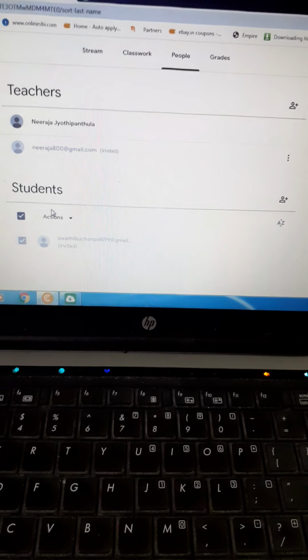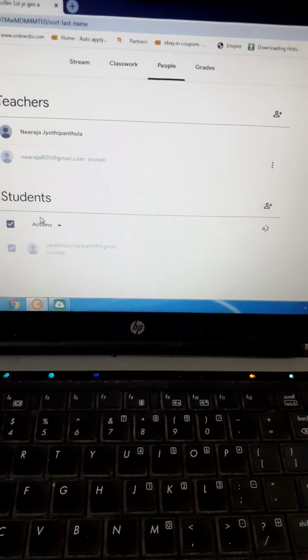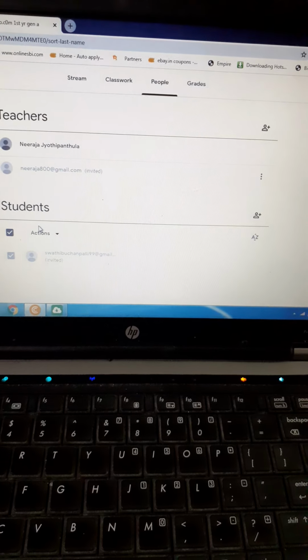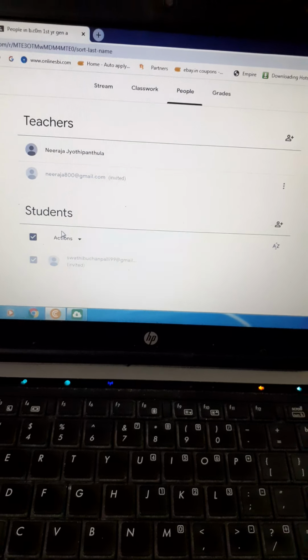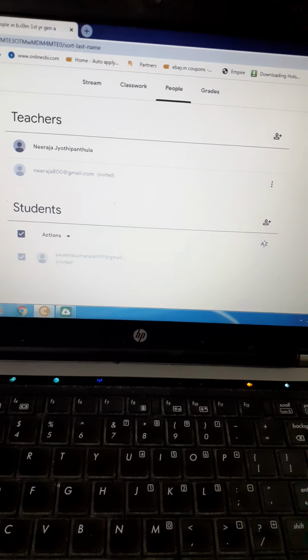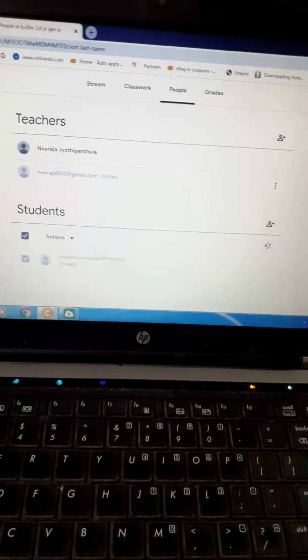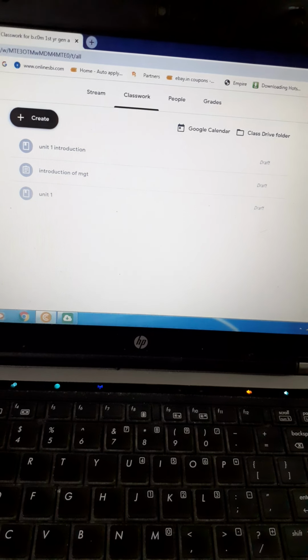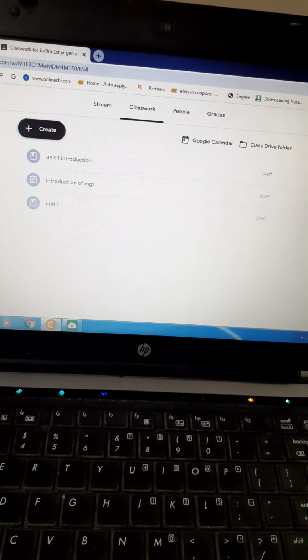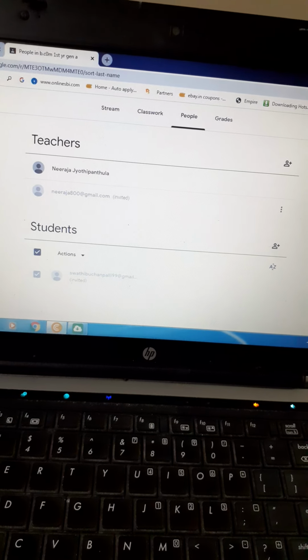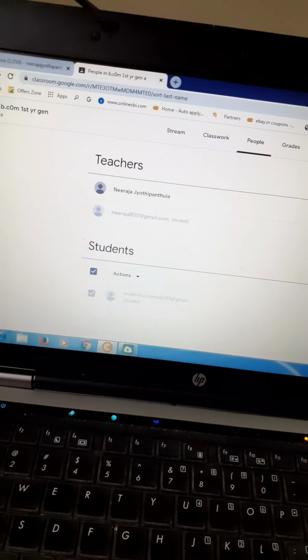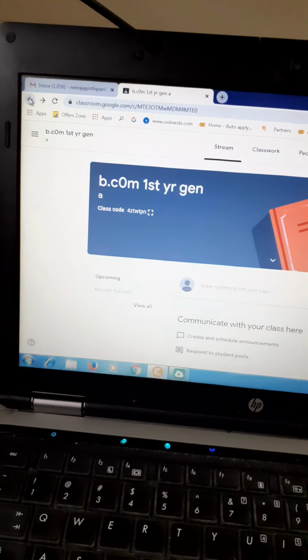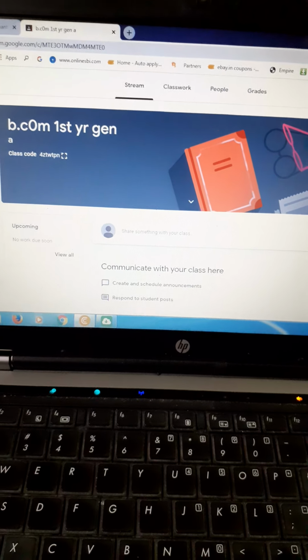And the next thing is we have to send the class code to students. How to send the class code to students? First of all we have to see where the class code is. Now if you go back here, the class we created, here the class code is there.